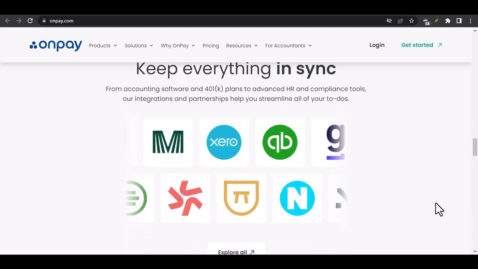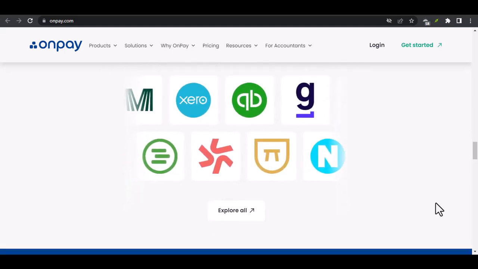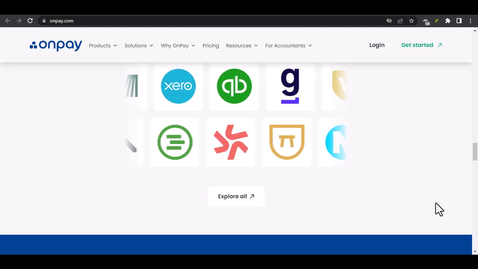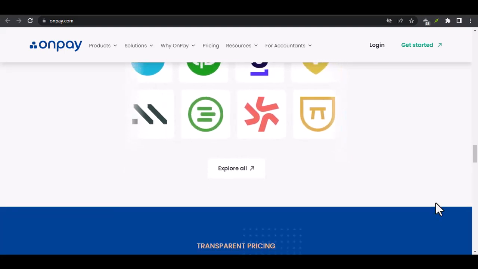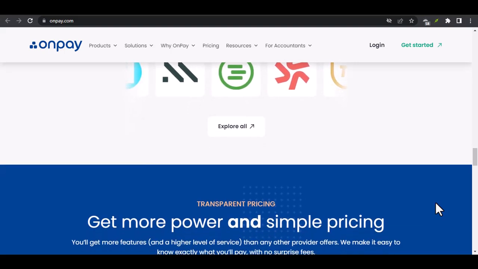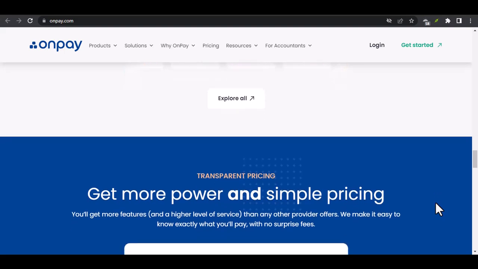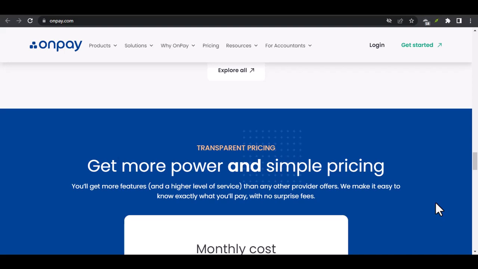Setting up an OnPay account is a straightforward process that can greatly simplify your financial life. With its ability to handle international money transfers, currency exchange, and business payments, OnPay is a valuable tool for both individuals and businesses. So what are you waiting for? Sign up for OnPay today and start experiencing the benefits of a more efficient and convenient way to manage your